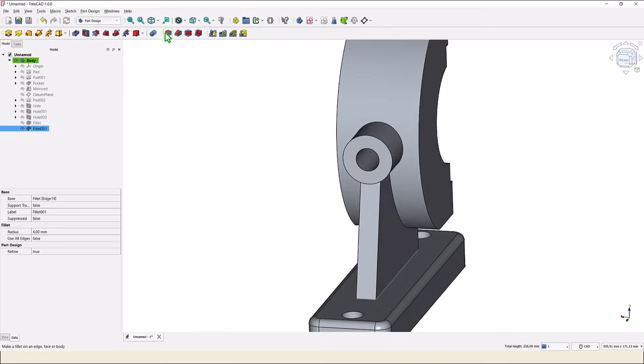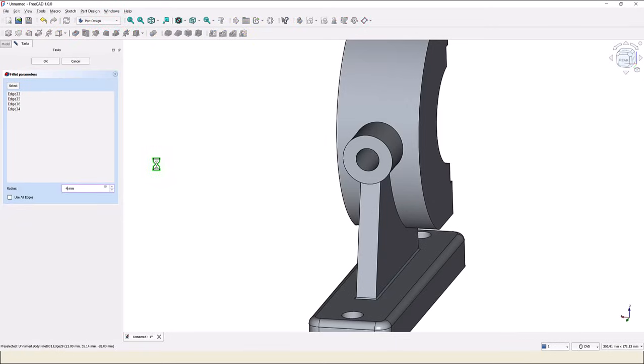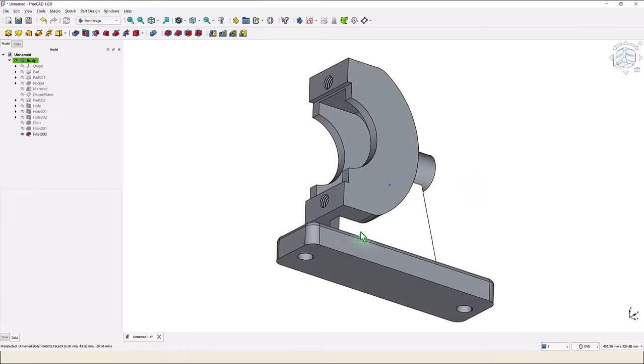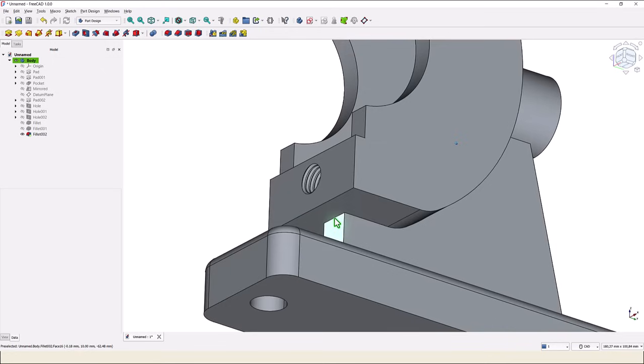Radius also 4 millimeters. Okay. Other fillets are here, this edge,